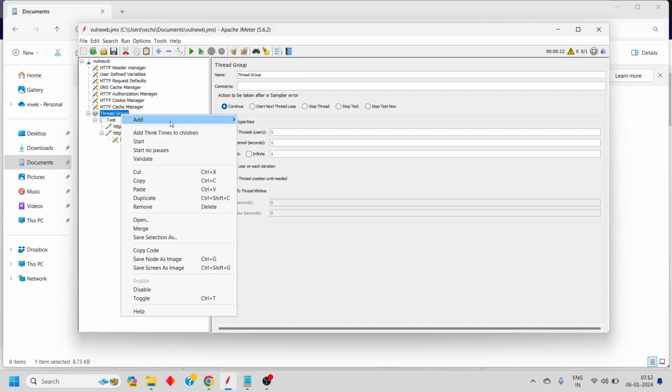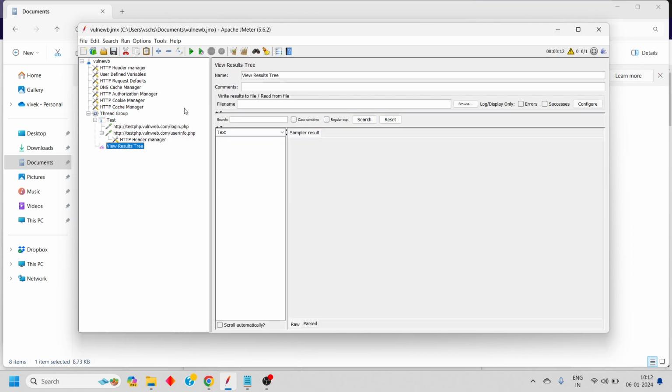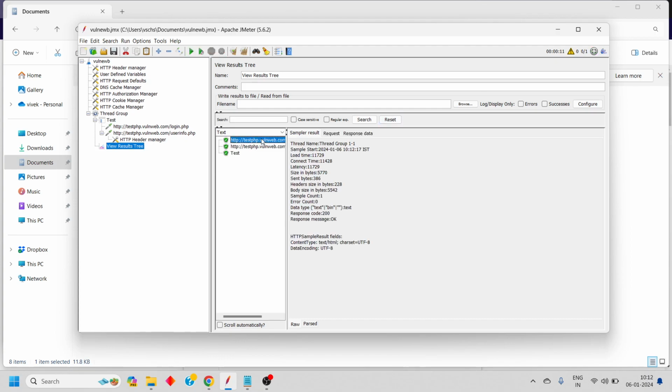And to check whether the requests are successful or not, we will add a view result tree, and then we will play it. It spawned one thread and it is running. Took 8 seconds. Now,